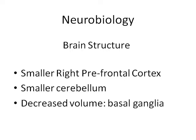I'm going to call them kids, but let's assume that always also means teenagers and adults. The degree to which this is important in the behavioral pathology is not really clear, but these are relatively subtle problems with brain structure. What's been found across a number of studies, and everything points in the same direction, is frontal lobe dysfunction. It doesn't have to do with brain damage per se. Again, it doesn't look like there are any signs of brain lesions or gross abnormalities in the structure of the brain, but